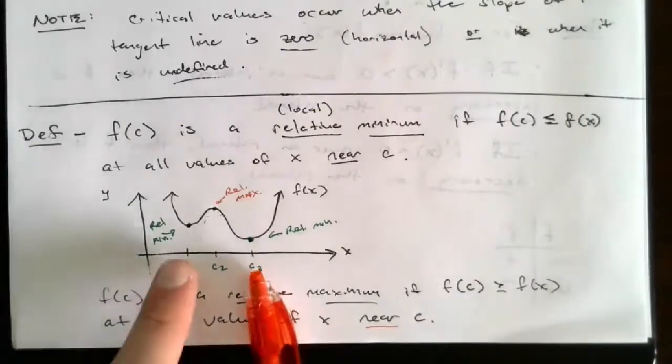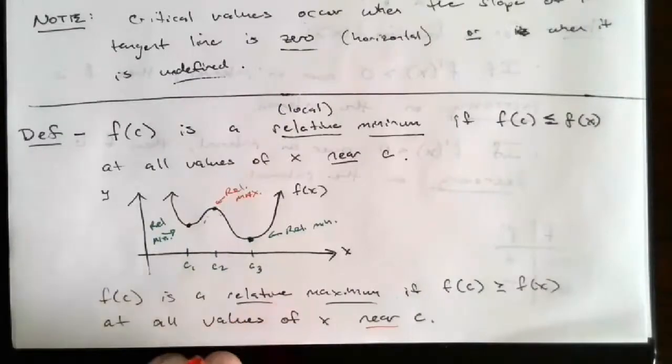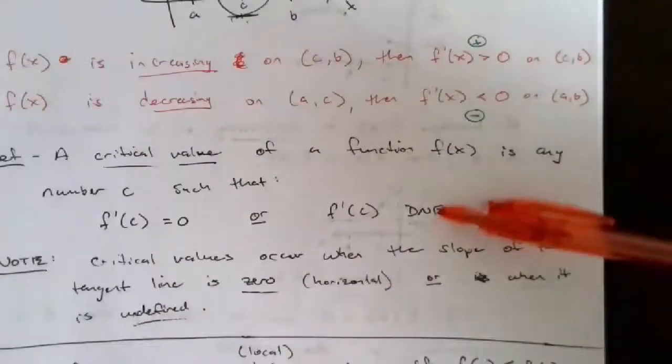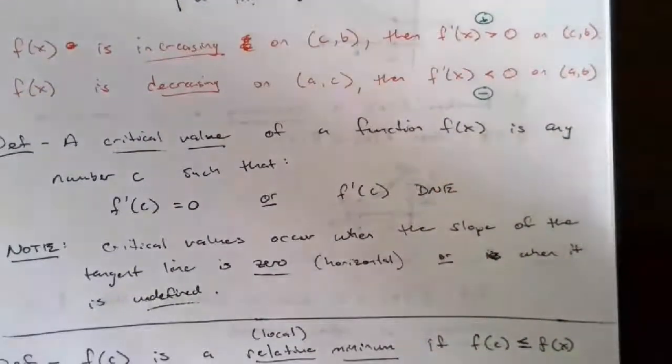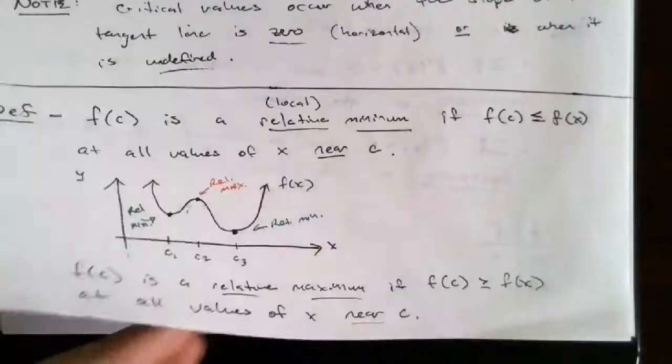So where do these occur? Well, these occur where you have critical values, right? So the critical values are these c values I'm talking about, where the critical values are a possibility of where a relative minimum or relative maximum could occur. It doesn't mean it definitely has to, but it means it could. So our theorem that we're going to write here, and then we'll do some examples,